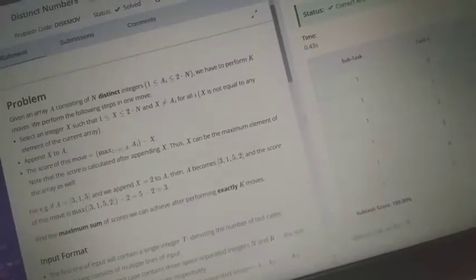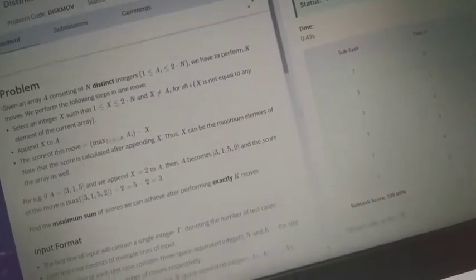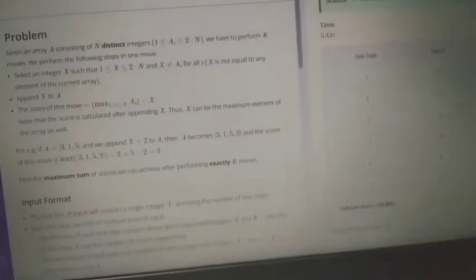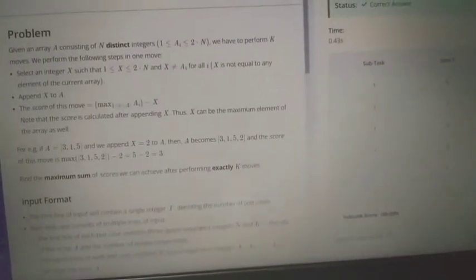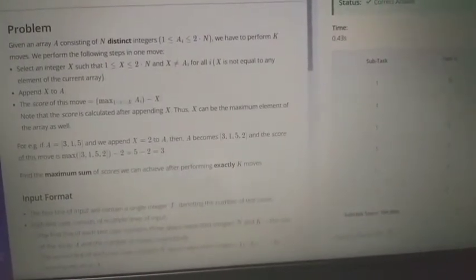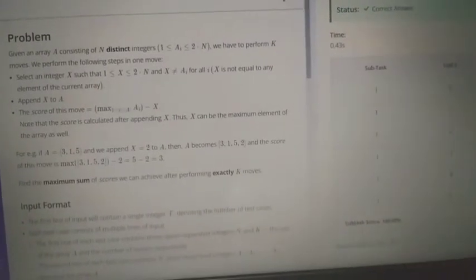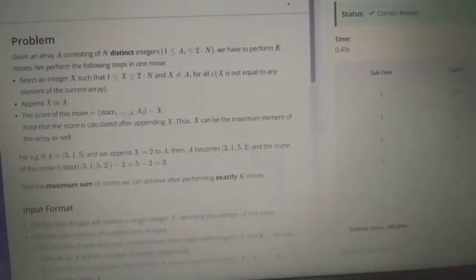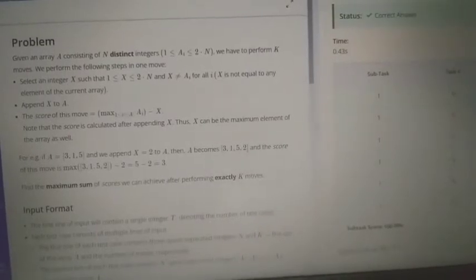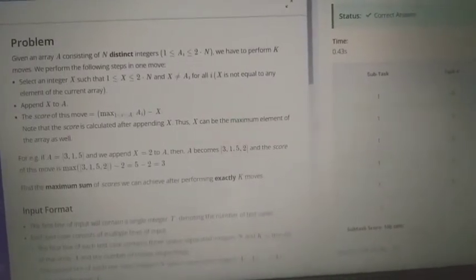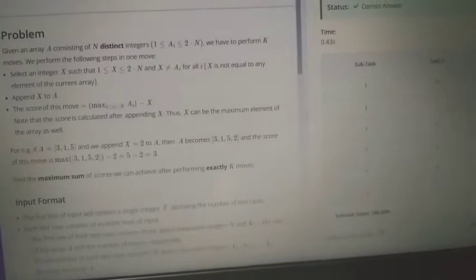So in this video I will be discussing the distinct numbers problem which appeared in the Codechef Starter 60 challenge. It states that you're given an array consisting of n distinct integers where each element of the array is from range 1 to 2n, and we have to perform k moves, and each move means that we have to